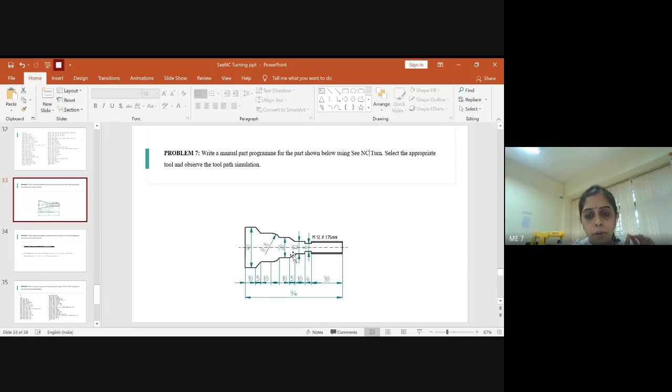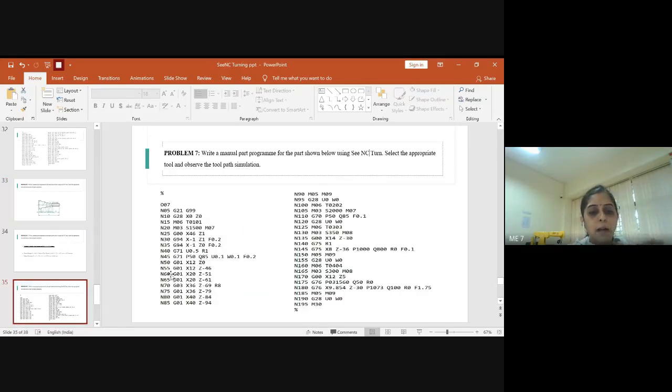So until 46, until the value of Z minus 46, the diameter of the block is 12 mm only. The grooving in between we will be doing later. So you have to write X equal to 12, that is the same. Only the value of Z will change to minus 46.